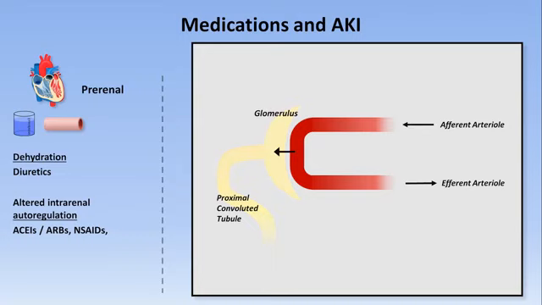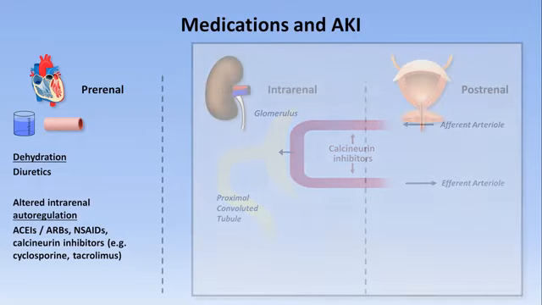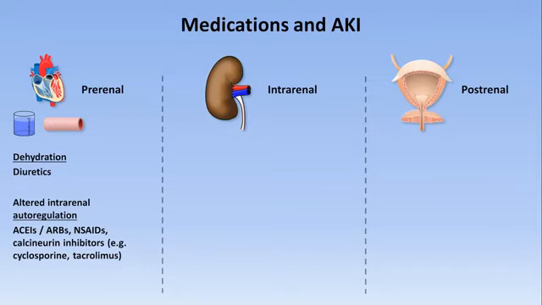And last in this category are the calcineurin inhibitors, cyclosporine and tacrolimus. These drugs are believed to directly vasoconstrict both the afferent and the efferent arterioles through an unknown mechanism. Despite the fact that the effects of these drugs are occurring within the kidney itself, I've placed them into the pre-renal category. That's because the hemodynamic effect of these drugs on the kidney's function is grossly similar to true causes of pre-renal AKI. But that's certainly a debatable categorization about which one should not be too dogmatic.